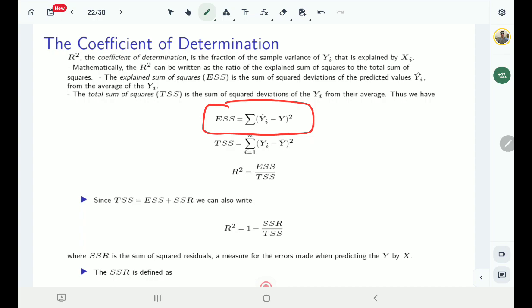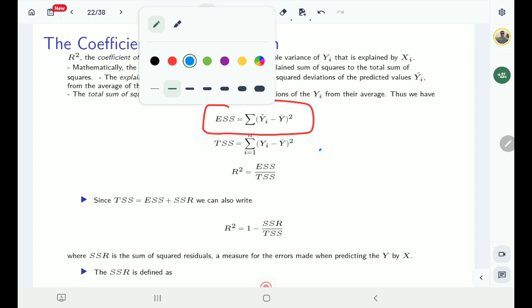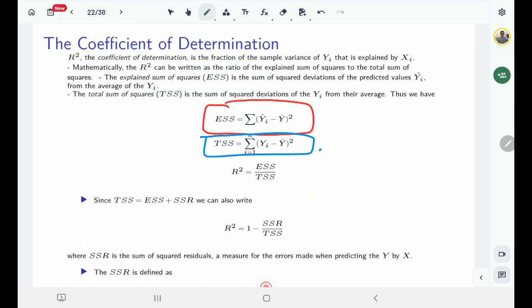Okay, so to what extent the line is deviating from the average. So the sum of square deviations of the line from the average, and then you have the total sum of squares, that is the second animal. Total sum of squares is basically very similar to the variance of y. It gives you the measure of the sum of square deviations of y values from its